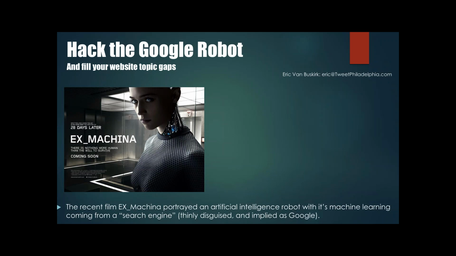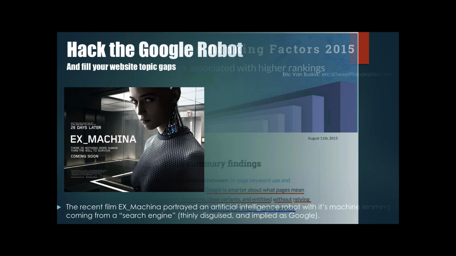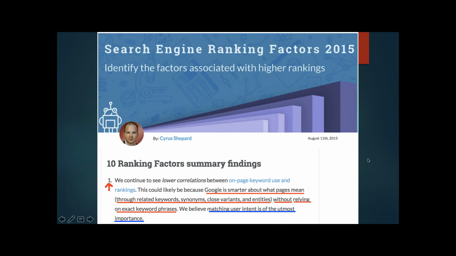In a sense, just as the creators of the Ex Machina robot used all of the information to inform it, we'll learn to extract specific semantic and content relationships by reverse engineering Google search engine result pages. All of the data that informs what we're doing here comes from the actual result pages, and I'm going to show you how to do this very inexpensively, perhaps even free, using those tools.